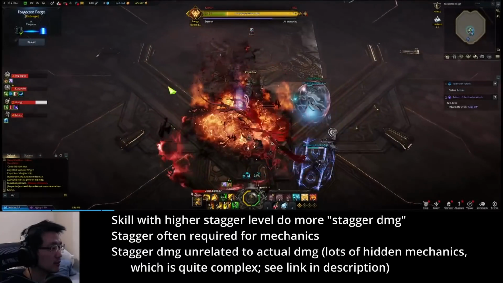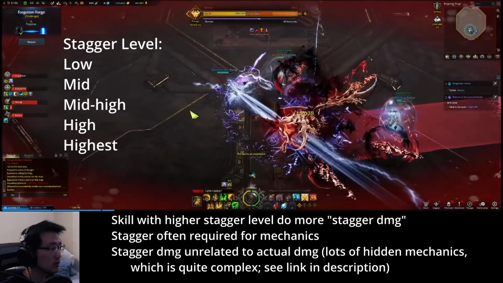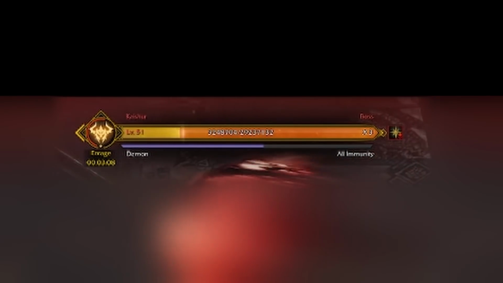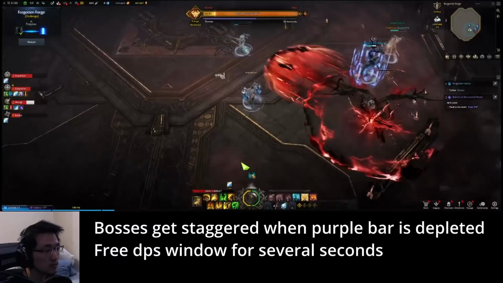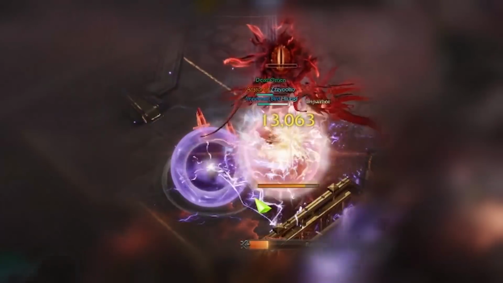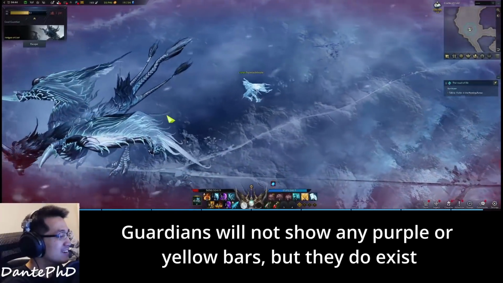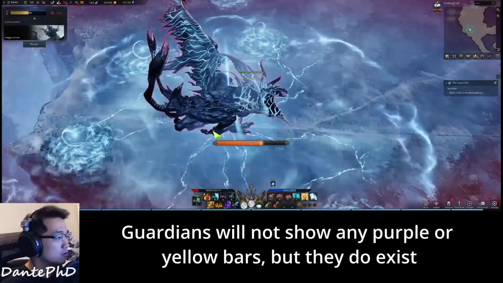Now regarding the stagger modifier, some skills have stagger that ranges from low, mid, mid-high, high, and highest. Bosses typically display their stagger HP as a purple bar right below their actual health bar. When depleted, they get staggered and just lay on the ground for a few seconds for you to freely DPS. Additionally, there are bosses with a stagger check in the form of a yellow bar just below the bosses themselves. If you fail this mechanic, you can either wipe or take a lot of damage. In Guardian raids, there are sometimes stagger checks, but there is no bar, so you just go ham or cry when your team bails on you. Some classes have more skills with higher stagger